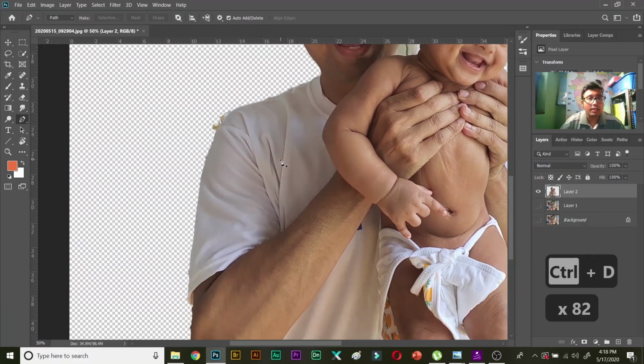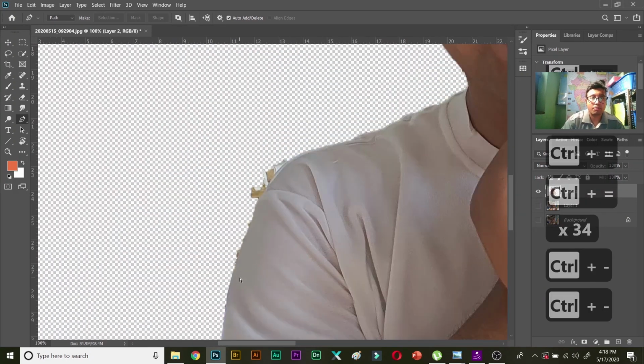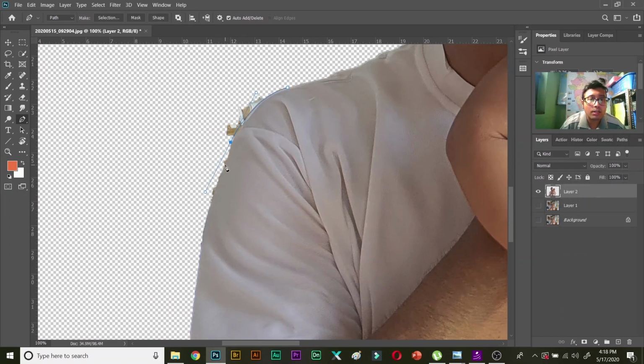Similarly, we need to look at the areas where our quick selection tool did not do a great job. Then we again select the pen tool, and near the shoulder there is an area where I need to cut. Alt to break the handle.